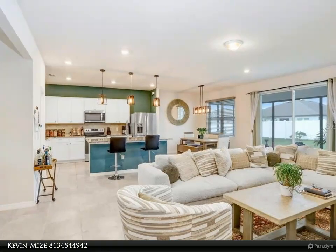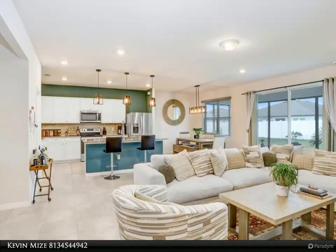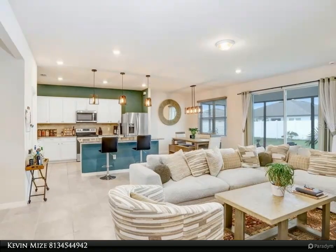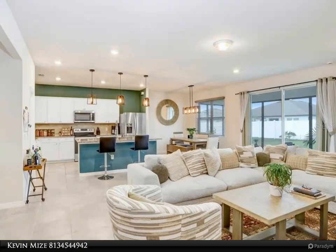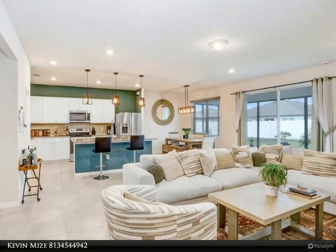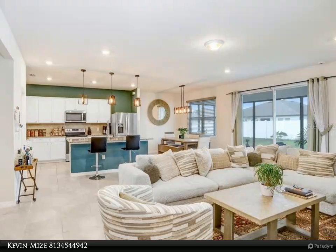This home makes great use of space with a welcoming foyer, versatile flex room, separate dining room, convenient laundry room, a secondary bedroom with a private, full bath, and a 3-car garage. Additional upgrades include 4 LED downlights in the gathering room, upgraded lighting and hardware throughout, and a smart home technology